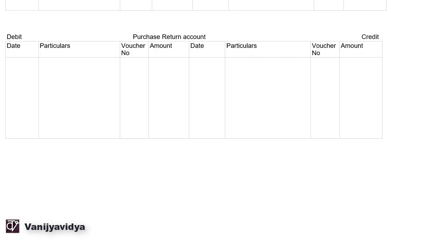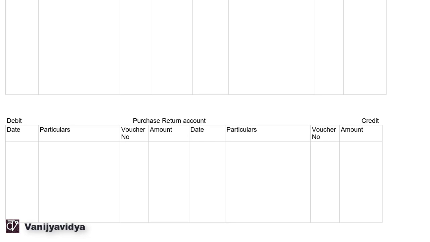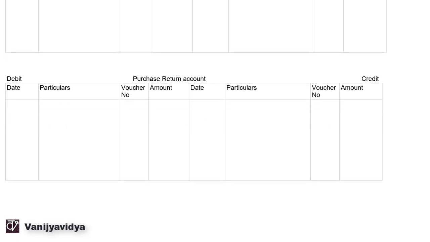So these are all the ledger accounts which we had prepared. If you see, the size of the ledger accounts differ. That depends on the number of transactions for each and every ledger account. Whenever we are making a list of these ledger accounts, we should consider how many transactions are affecting that particular ledger account. For example, the cash and PQR bank accounts are big, because there are many transactions affecting them.